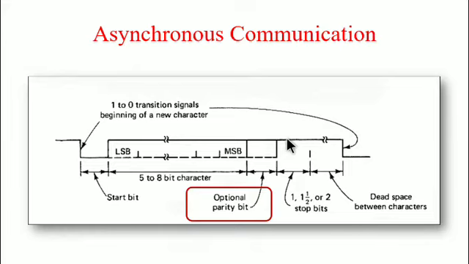The character is then transmitted as a serial data stream on the transmitter data output at the falling edge of the transmitter clock bar. This asynchronous communication is achieved only when the clock frequency is not the same between the microprocessor and the peripheral device. That is a very important point. If the clock frequency is not the same, we can go for asynchronous communication.